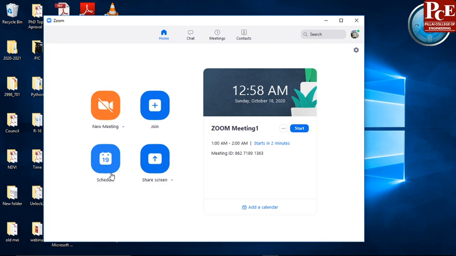Now there is one more feature of this scheduling, that you can schedule two different meetings at the same time, but there is only one condition: the meeting ID and the user are different. So let's say we have, suppose, 300 licensed participants, so we can split into two different meetings. Only thing, we need to generate a different meeting ID.